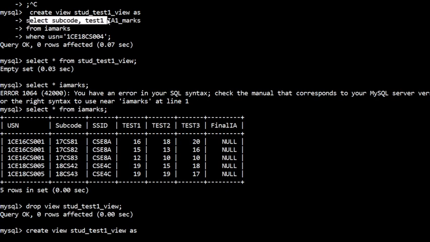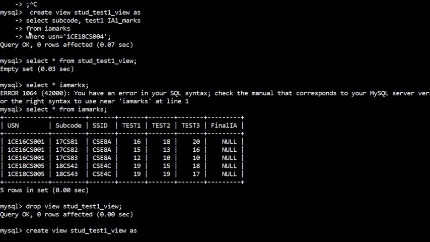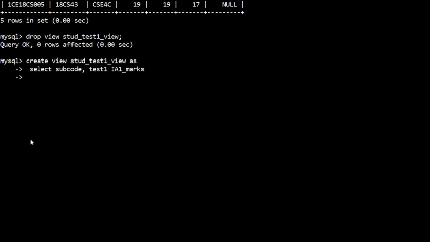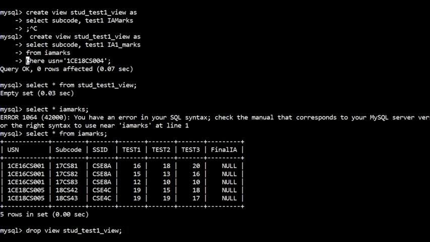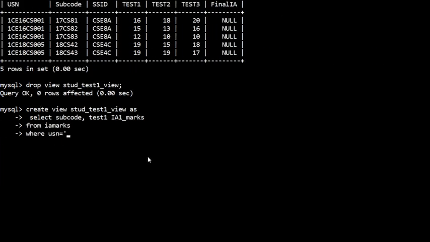Here I'll take the same columns, and the condition I'll change: where USN equal to 1CE16CS001.